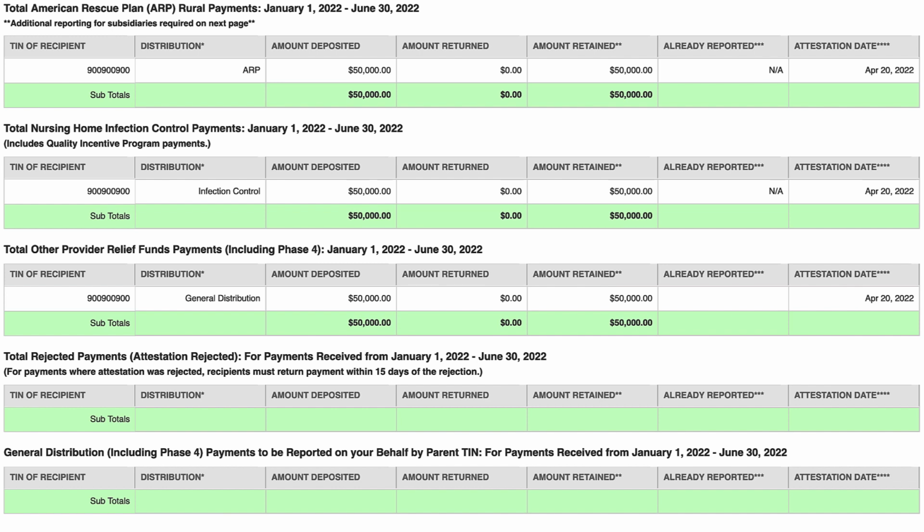The portal will show the following columns: TIN of recipient, distribution amount deposited, amount returned, amount retained, and already reported. If a payment has already been reported on by another TIN, it will be noted in this column. If you've recently returned a full or partial payment, please wait 2 to 3 weeks for it to appear in